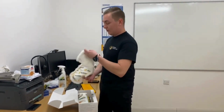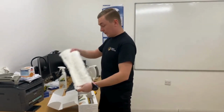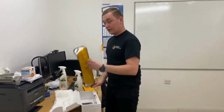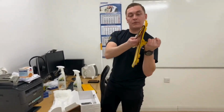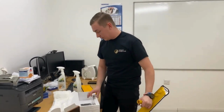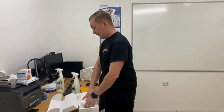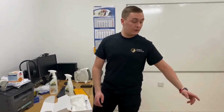In the kit you'll get your dusting pad, your cleaner, the cleaning head, the microfiber pad, and also the handle. So that's what you get in your kit. We're going to set it up now, and firstly we're going to dust the floor and then we're going to